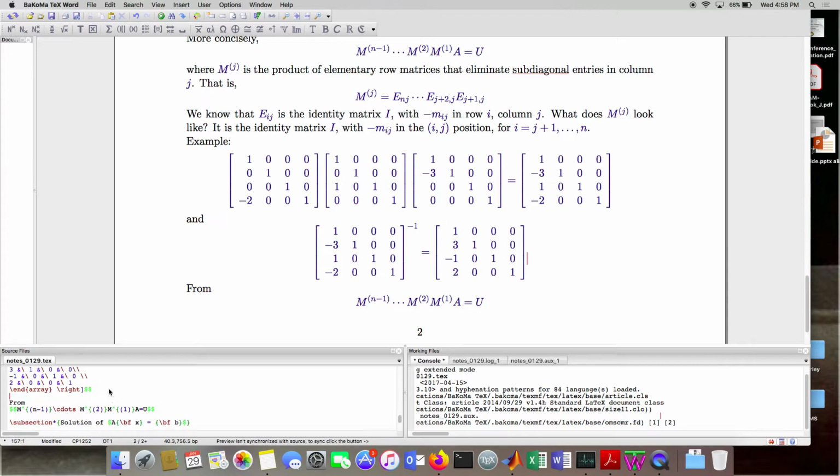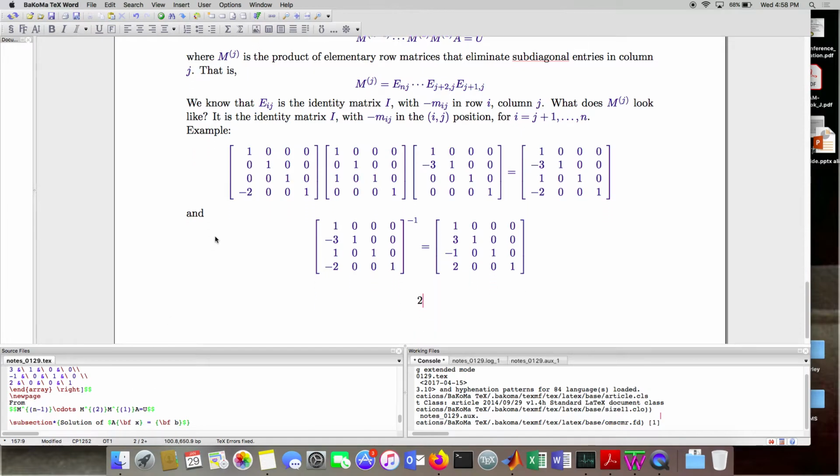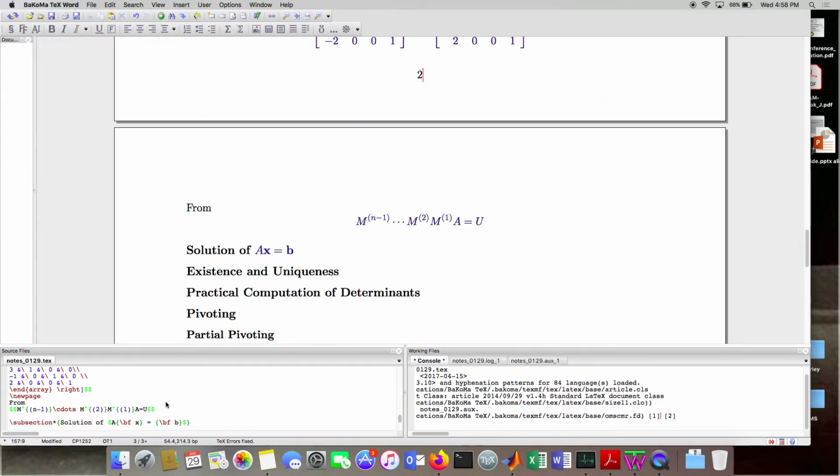All right, next I'll go on to a new page. Okay. So from this right here, all of these matrices are unit lower triangular, and we now know what they look